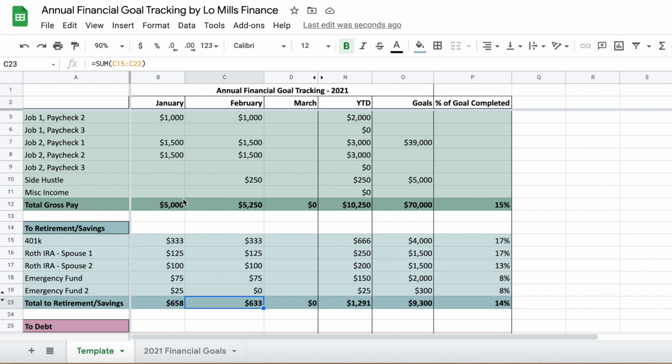Now that you can see that we've put in a couple months, you can also see what percent of the goal has been completed. There are 12 months in the year, so you can estimate about what percent of the goal should be completed by each month. For February, we're 2 months into the year out of 12 months, so the goal percent completed, if you were on track, would be about